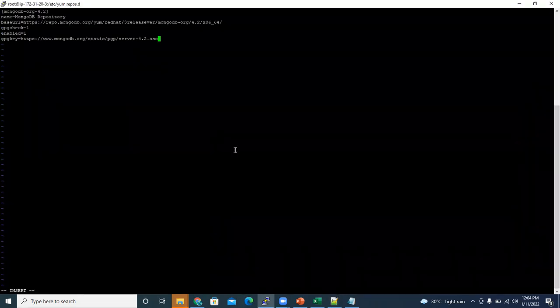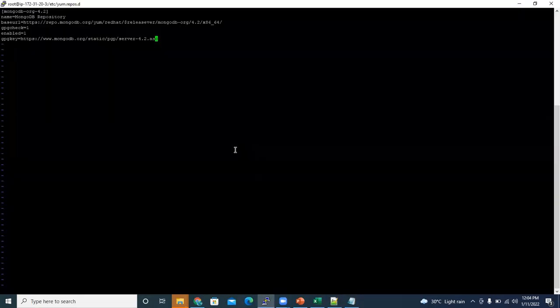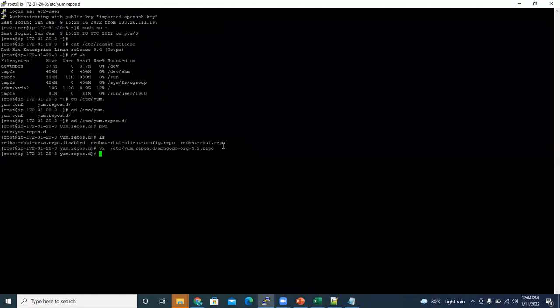For the process, select and press Ctrl+C to copy the content from here, and if you right click in the putty screen, it will paste. Be careful whenever you perform the right click: if you select something, it is copied, and if you simply right click, it will paste.